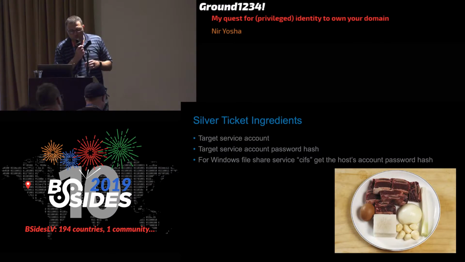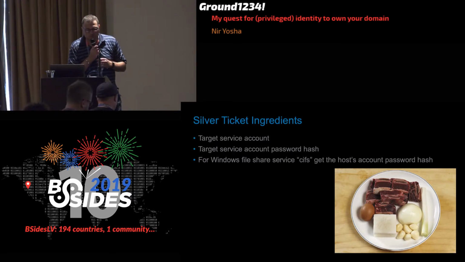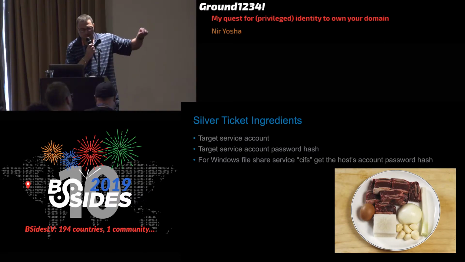So the ingredients for the silver ticket is: query Active Directory for services, identify the service account and the endpoint that you're trying to access, and then create this